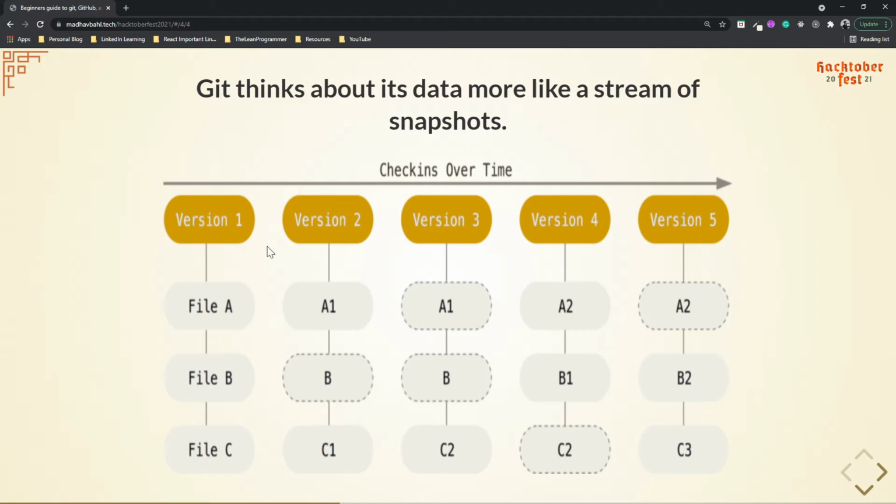So yes, here is how it works very quickly. Let's say there was a version 1 and then there was a version 2. In version 2, file A was changed into A1. So there were some changes, C into C1, but B remained as it is. So in the next snapshot, it just linked to the previous snapshot for B, but it did save A1 and C1. And that is how we do the check-ins over time, or that is how we create the new